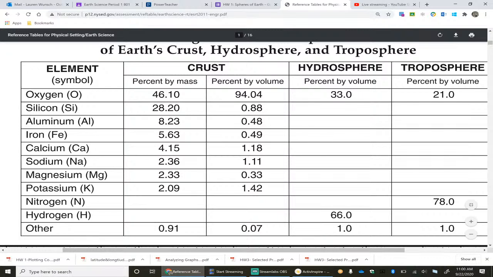Okay, so now we're on letter G in your notes. It says, this chart lists the chemical compositions of parts of Earth. The word abundance means it has a lot of something. What are the two most abundant elements by percent mass in Earth's crust? Okay, so we're going to look in the percent by mass column and see if you can write down which two there is the most of. And when you have an idea, take out your whiteboards and we're going to share these answers together.